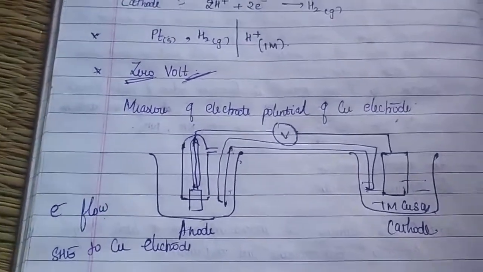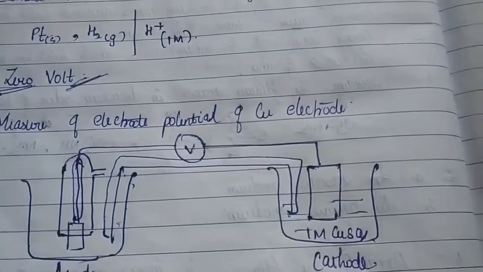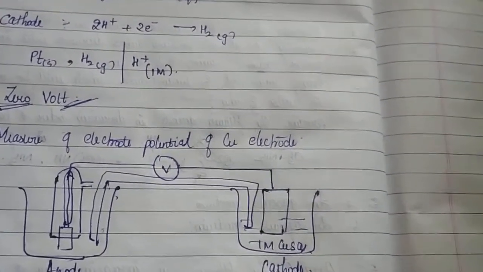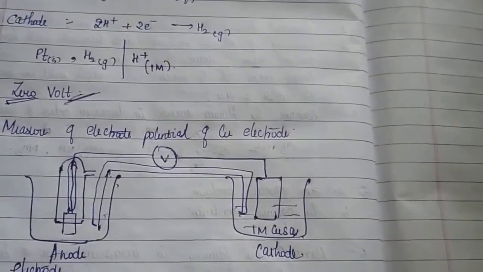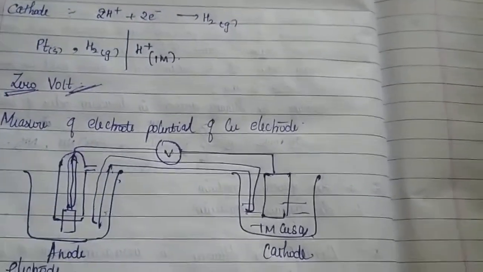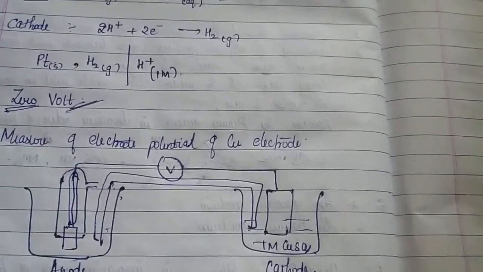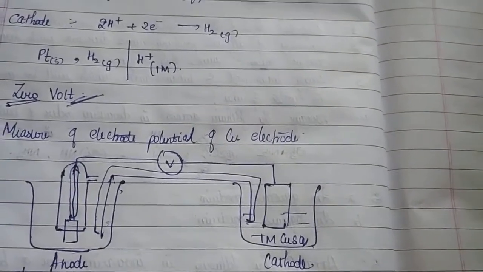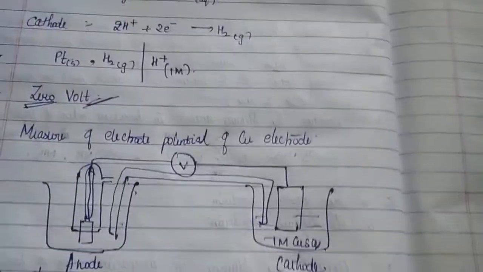But you think, guys, now you don't think as a student. Think that you are a scientist now. You are the first person who is going to determine the standard electrode potential of the copper electrode. You just assume yourself as a scientist and think that you are conducting this experiment for the first time. You have no data, nothing, you just know how to construct a cell, and we are given an SHE which has 0 volt, and I have to measure the standard electrode potential of the copper electrode. Now my question to you,